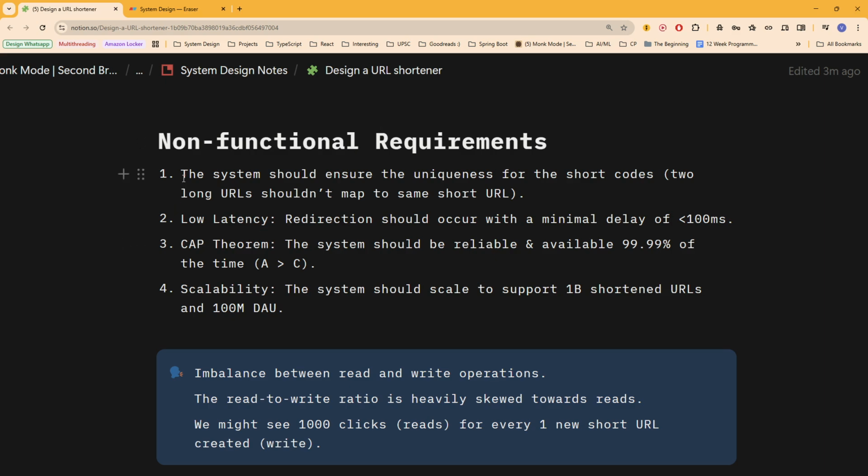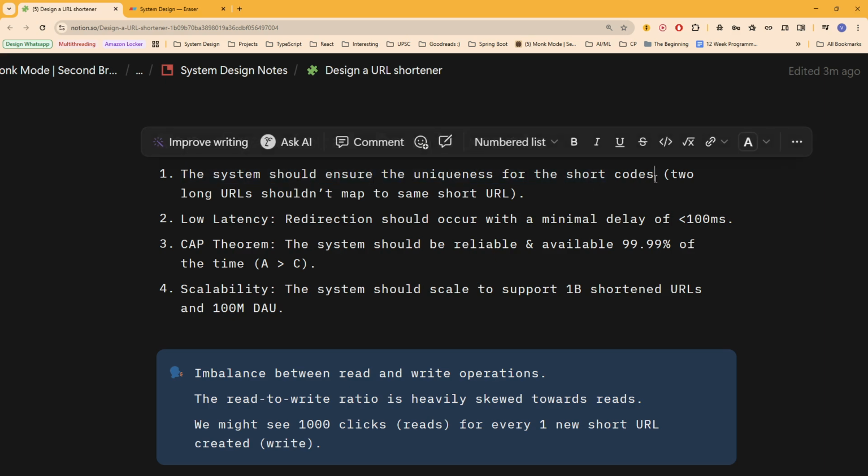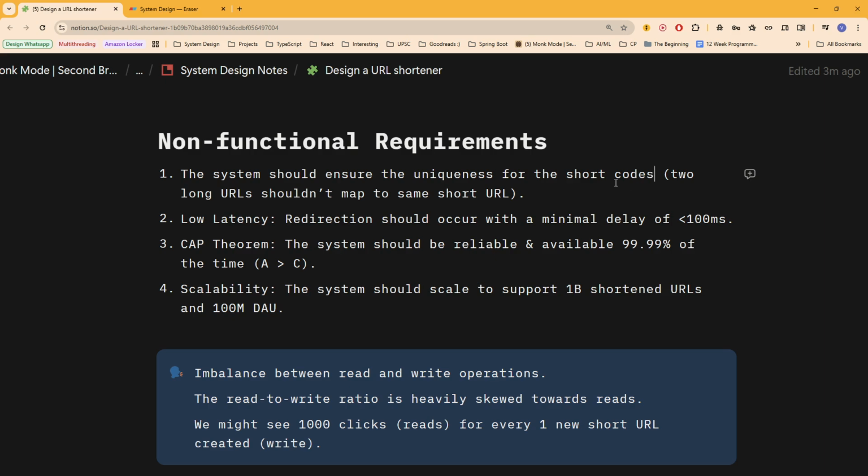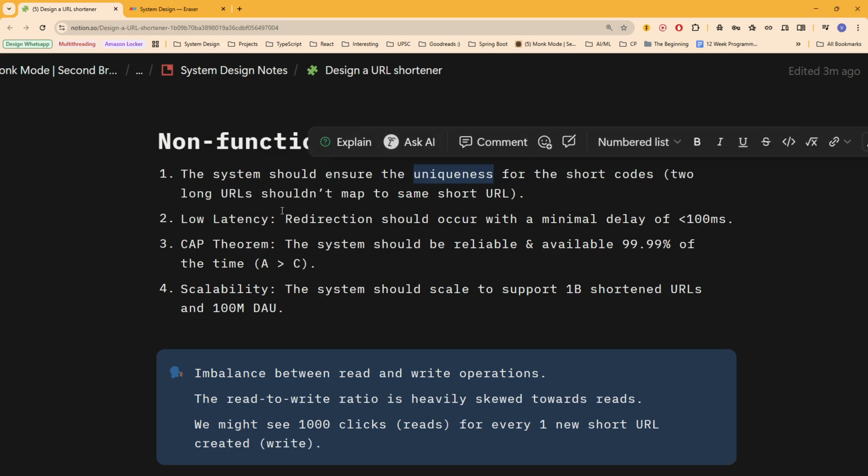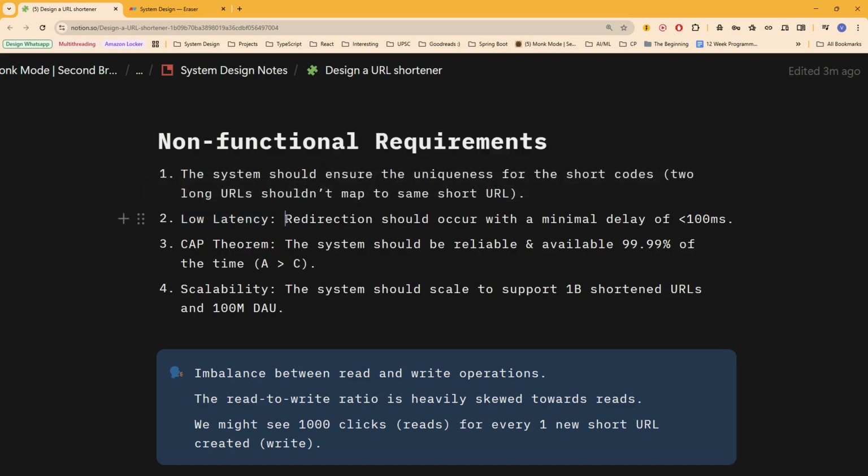So first is, well, the system should ensure the uniqueness of the short codes. Obviously, if we are mapping multiple long URLs to the same short code, it would be a major issue, right? So we have to maintain that our short codes are unique. Other than that, for this particular problem, low latency is very much required because redirection should occur as fast